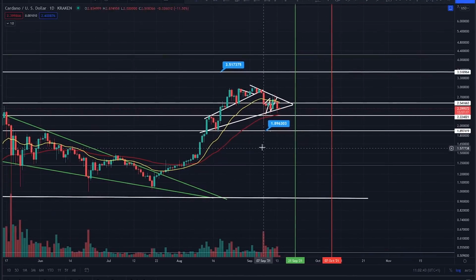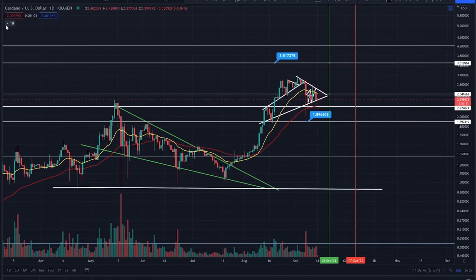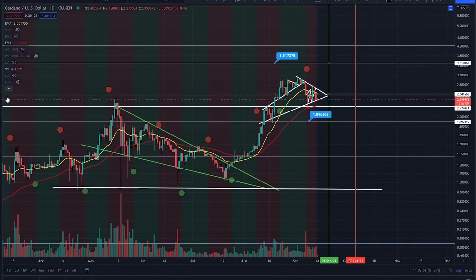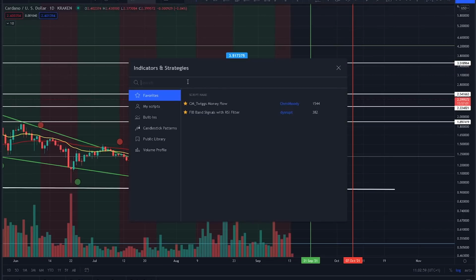So right now, Cardano, a bit flat-footed, consolidating between the EMAs on the daily. Now this is a little theory I want to show you, the moon theory. I'm looking at this on every single chart today. Look, we've got the basically dump moon. I'm going to show you this particular indicator. It's a silly little indicator, but it's kind of working out. We need to pay attention to this.